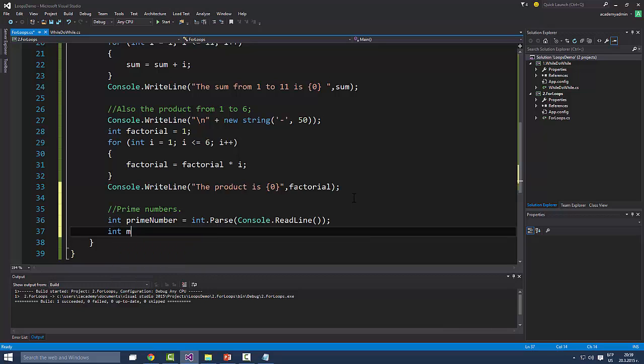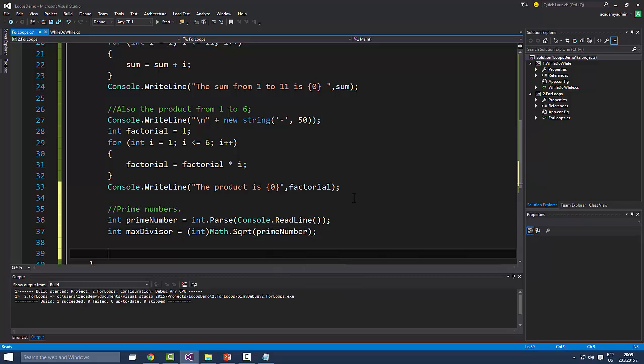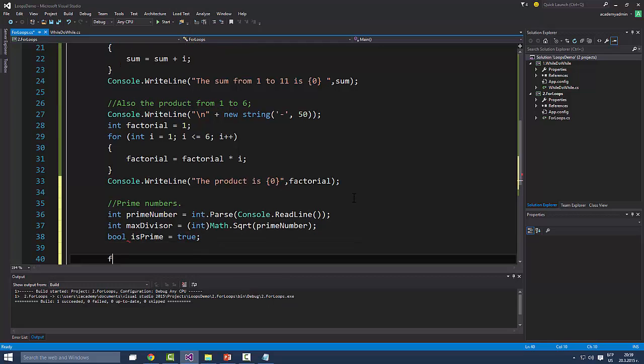But I can have max divisor, which we said is int Math.Sqrt of prime number. Oh yeah, I need the boolean as well, so bool is prime equals true. And for this time I need to start from 2 and go to less than or equal to max divisor,